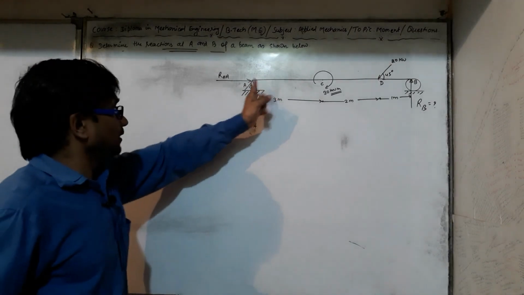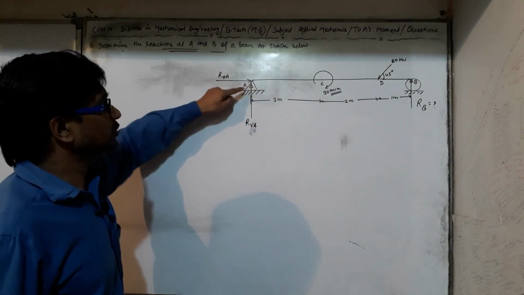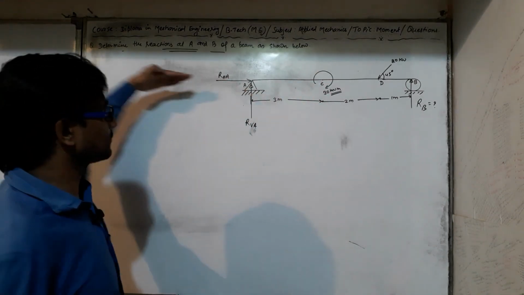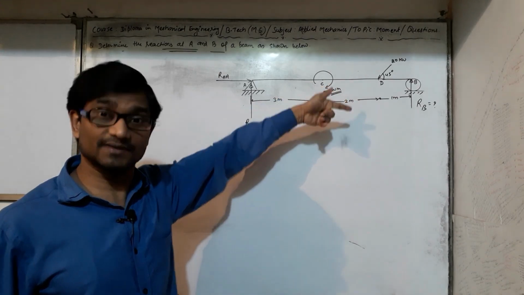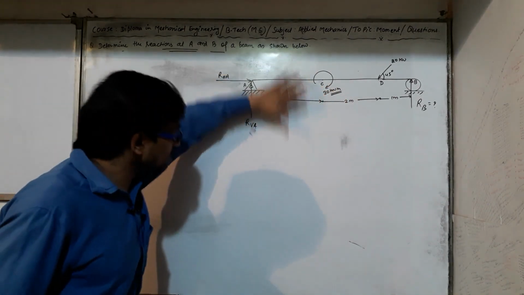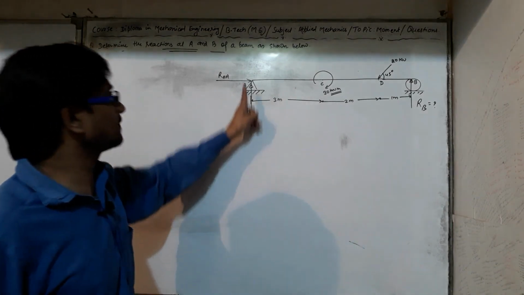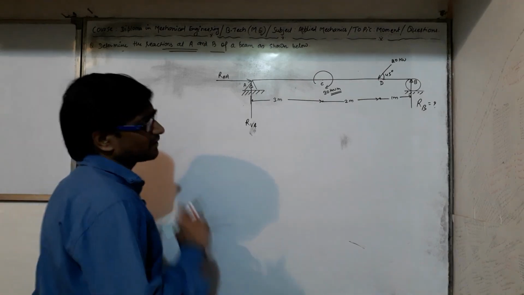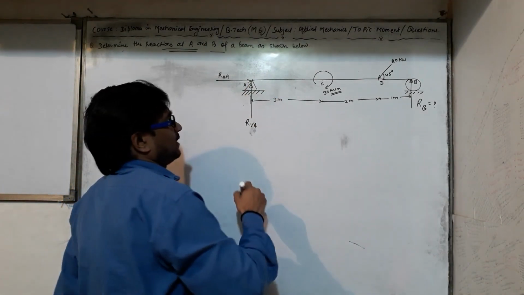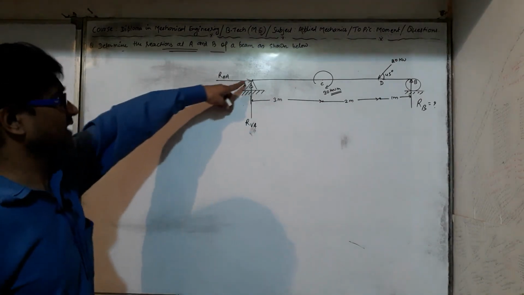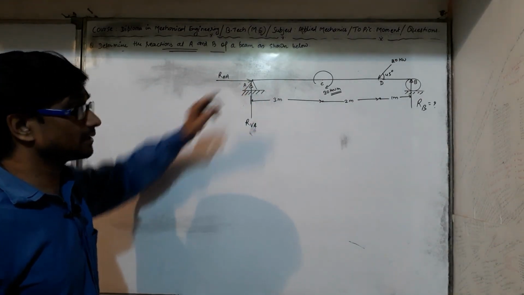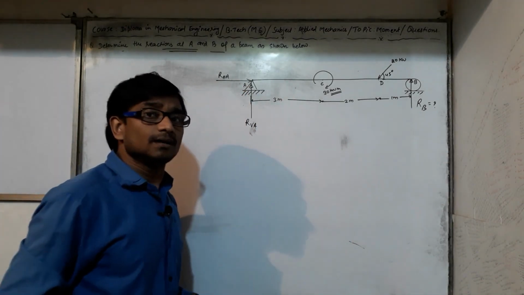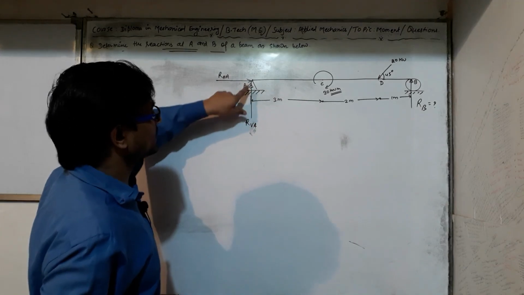Because due to the hinge support at point A, the beam is not moving in the horizontal direction. It means one reaction force must be applied here. Okay, now the beam is not moving or falling down, so one vertical force must be acting here at this point A. Now another thing, due to the presence of the hinge support, no moment is created at this point A.